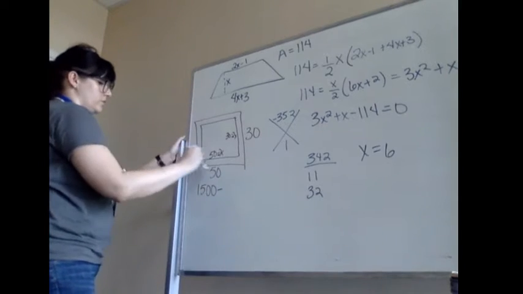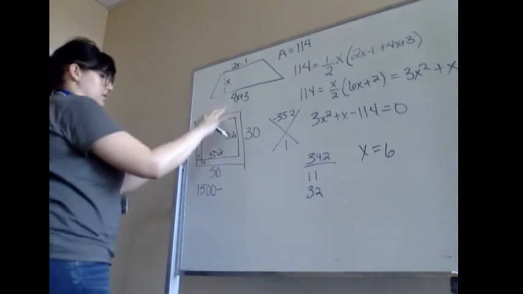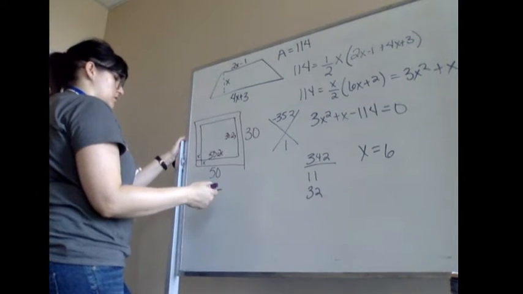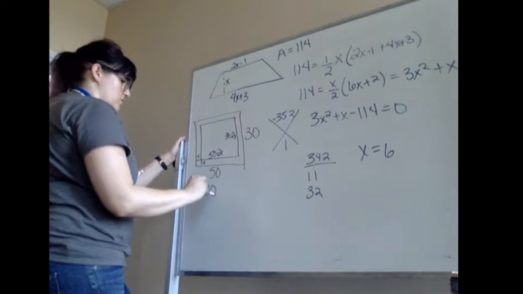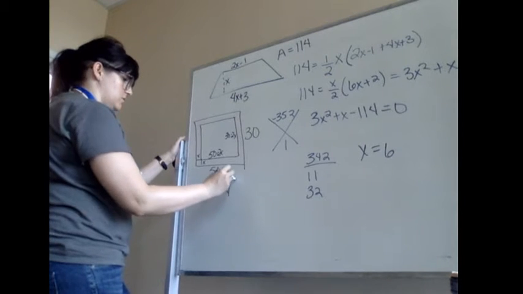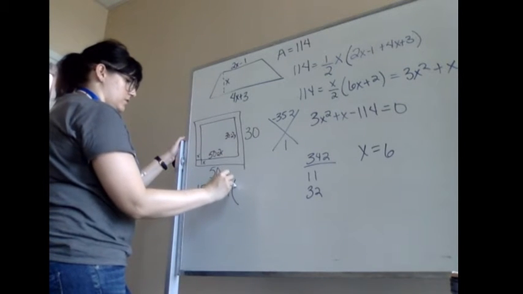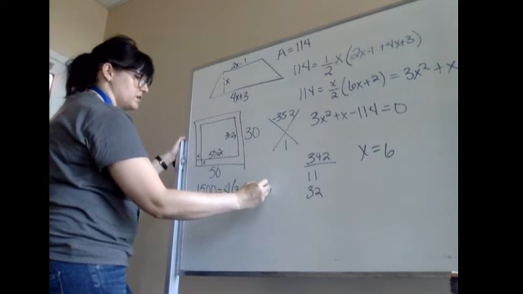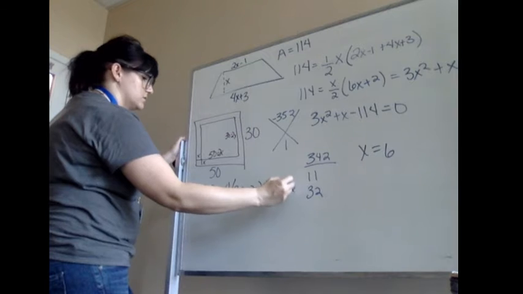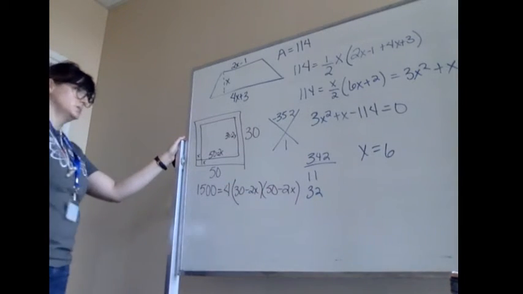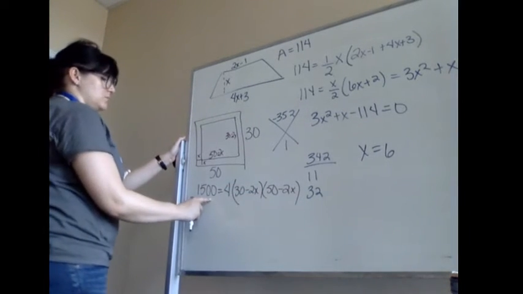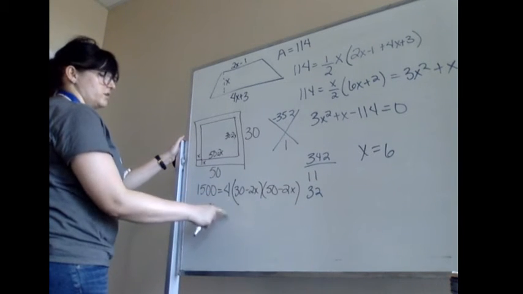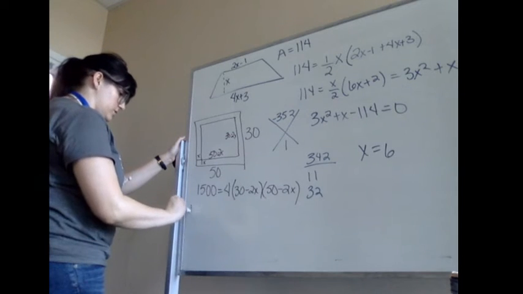Oh my goodness. So if I multiply the whole thing, I'm going to get 1,500. So 1,500 is 4 times as big as 30 minus 2X times 50 minus 2X. Wow, I would have never gotten that. Because this is 25% of the total area, which means it's 1/4 of it. So to make them equal, I need to multiply it by 4. So then 1,500